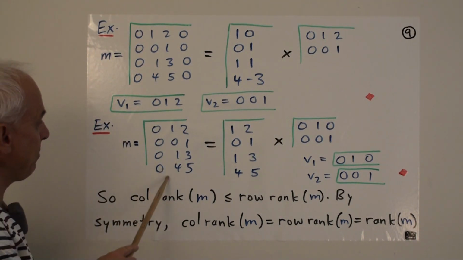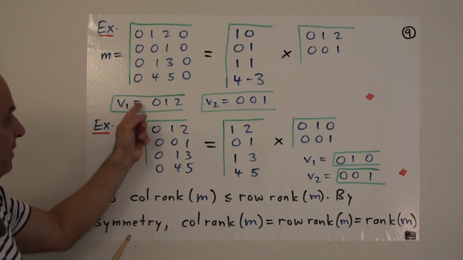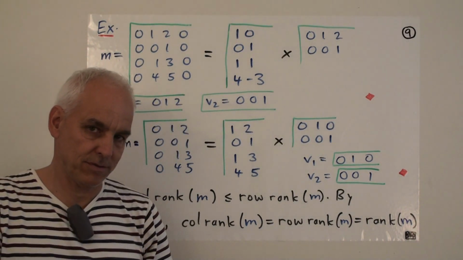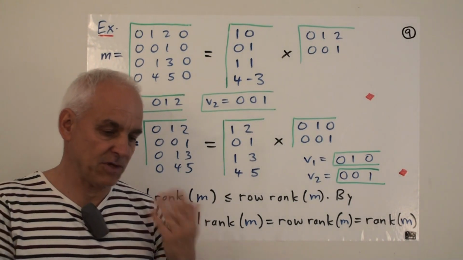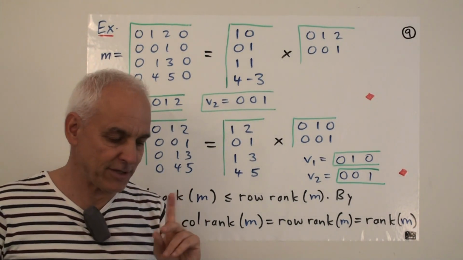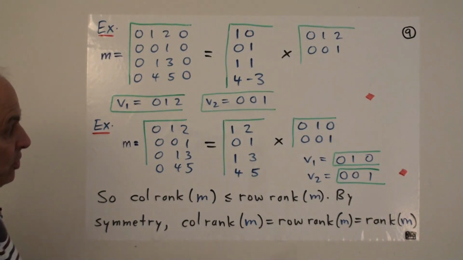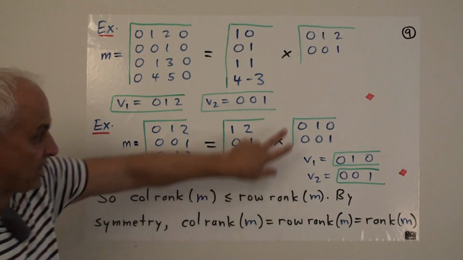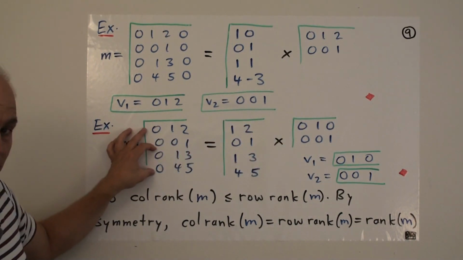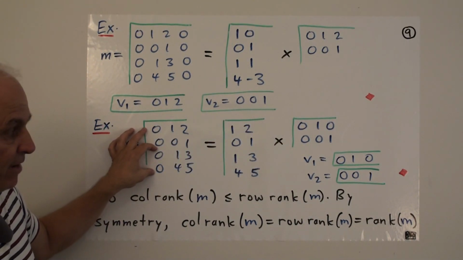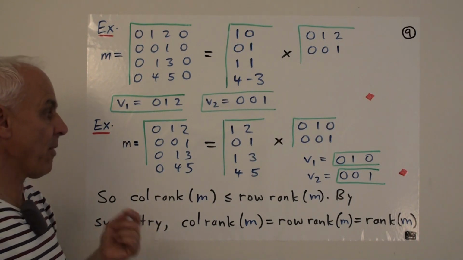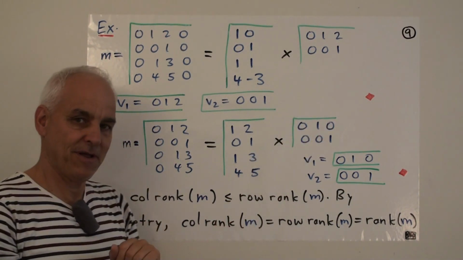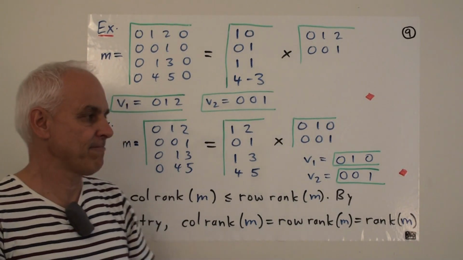Let's have a look at the same maxil M, but choose a different set of vexils which span the rows. Right? The set of vexils which spans the rows is highly non-unique. There's a lot of choice. In particular, we could choose 0, 1, 0 and 0, 0, 1. Now these are not rows of the original maxil. That doesn't matter. All that we require is that each of the rows here is a linear combination of these rows, and that no fewer rows suffice.